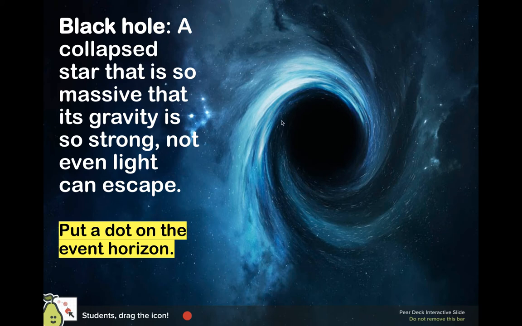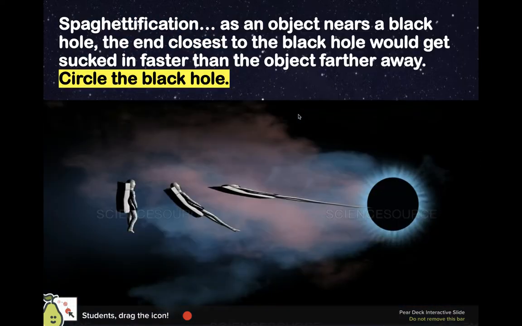And the event horizon is the edge of where you can see light. It's called the event horizon because anything past that, you can't see any events in there. Now, if you got close to the event horizon, you would have a problem because your body would be pulled like a piece of spaghetti into the black hole, because the gravity would be more intense here at the event horizon than it was at the far end of your body. That's called spaghettification. Kind of gross, isn't it?